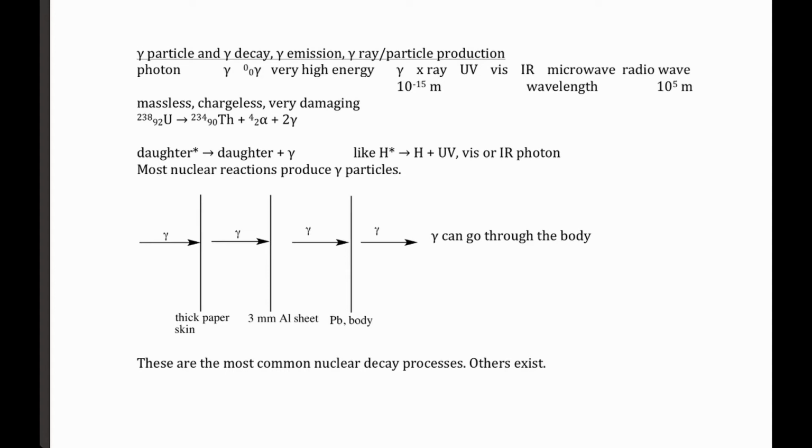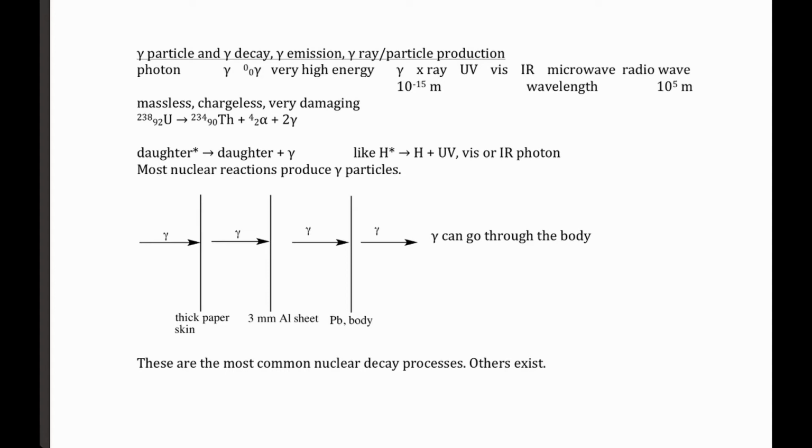So at the high energy end, at the very short wavelength end, we have gamma particles. Next, we have X-rays, then UV, then the visible light spectrum, then IR, then microwave, then radio waves. So wavelength increases as we go down in energy,